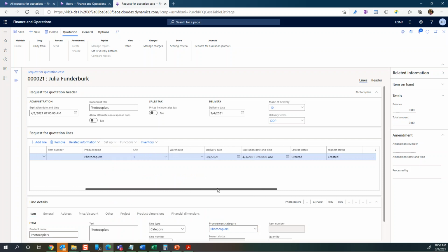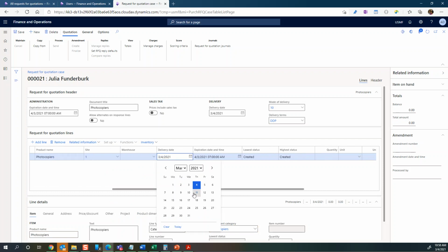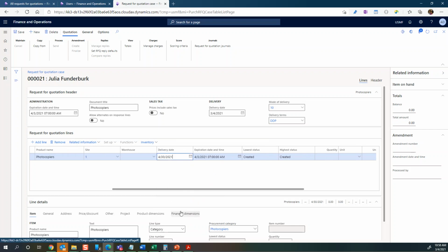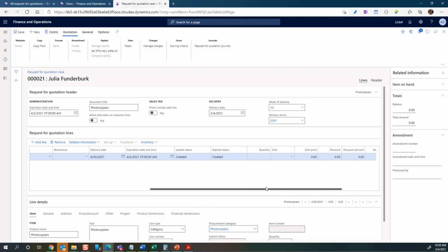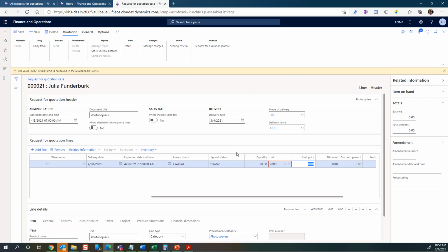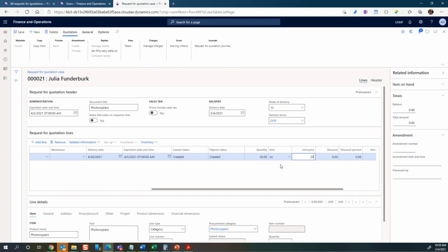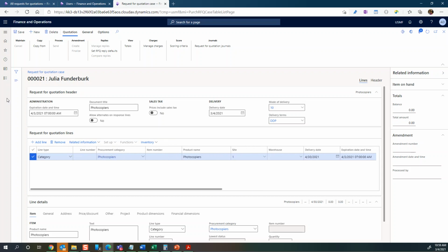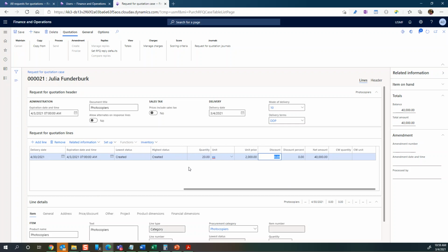Select, let's say maybe I want the delivery date in end of April. Let's say we're looking for 20 of these, and they're expensive. Oh, that was the unit, not the price. Unit will be eaches, and price is 2,000 each. Oh, that's what we are expecting. Okay, so I'll hit save on that,